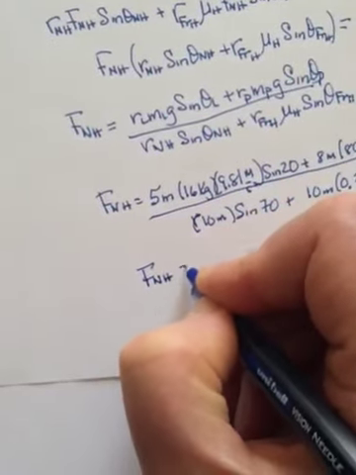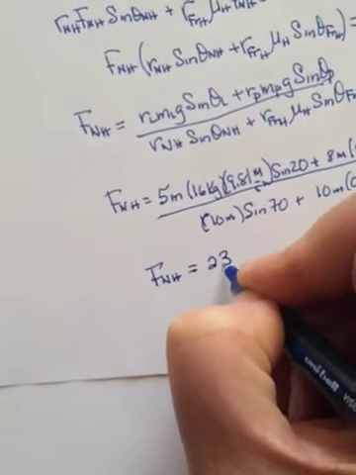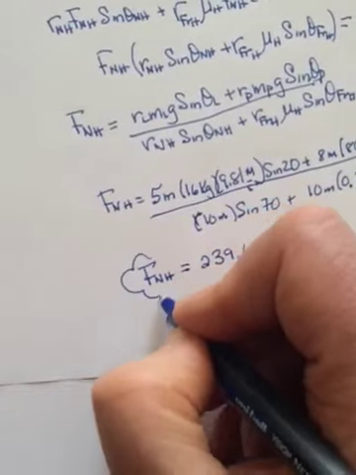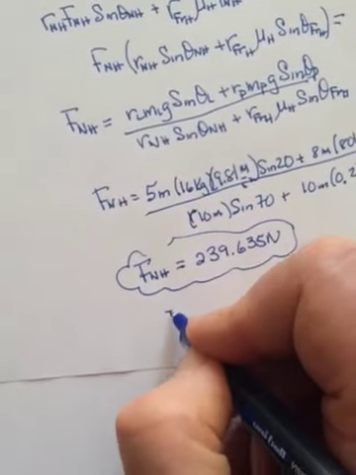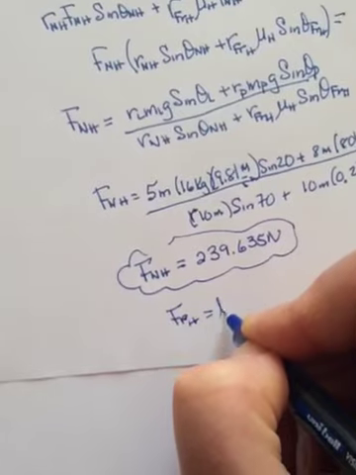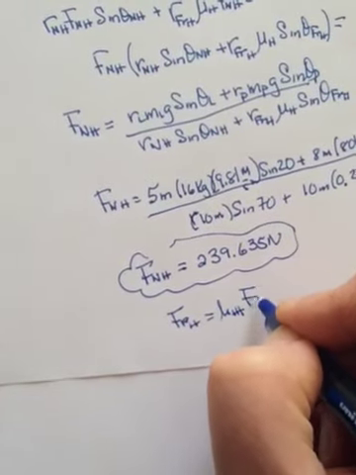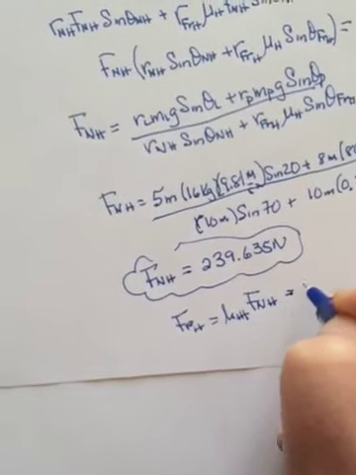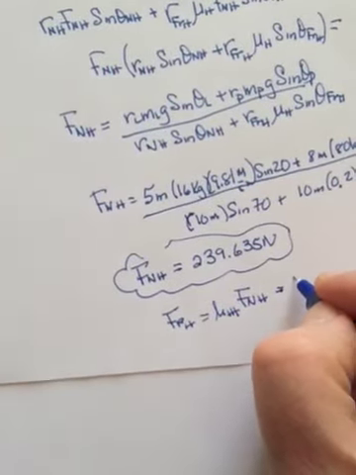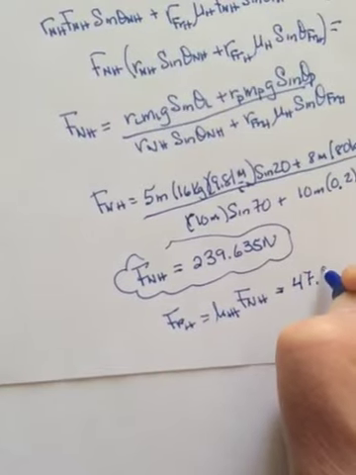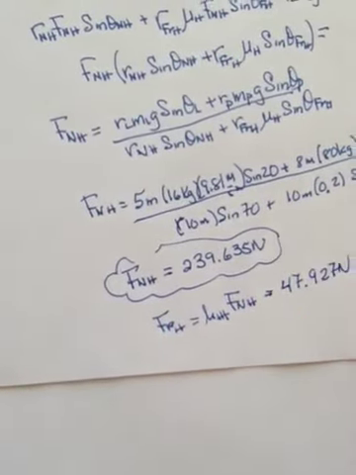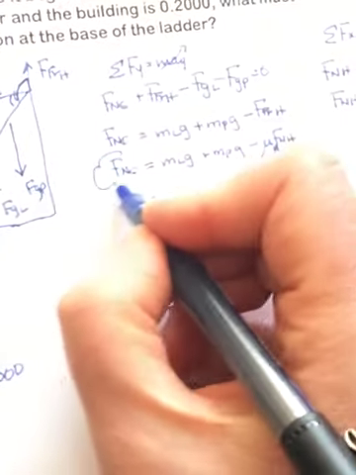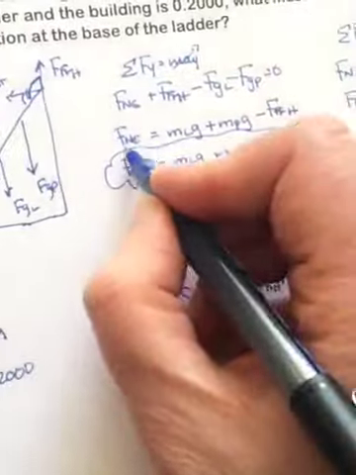And you should get F normal of the house to be 239.635 newtons. Once you have this, now you can find friction of the house, because it's just equal to the mu of the house times this. So 0.2 times that, which should be, move the decimal and multiply by 2. So 47.927 newtons. Take these then and fill them back in up here to get your normal of the ground. And then once